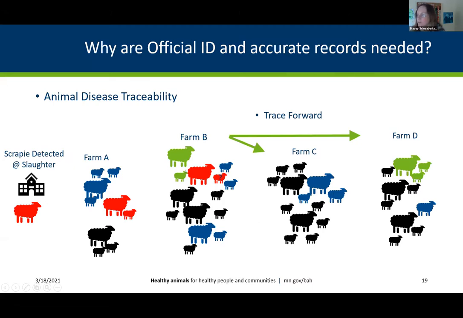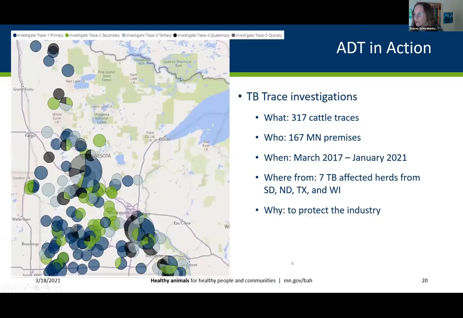So now we know that Scrapie could potentially have moved to 2 new farms here in Minnesota, and then we would have to trace all of those animals as well, determine any sort of testing needs that they have. But this is a really simplistic view, I will admit, but what I'm trying to do is help you to understand how we use identification and records to be able to trace things back and forth in an animal disease situation. And because I'm running low on time and we have more presenters yet, I have 2 more slides that I really quickly want to show you.